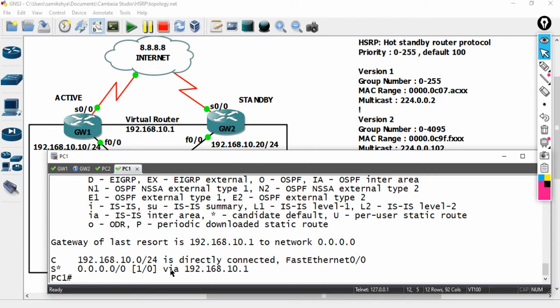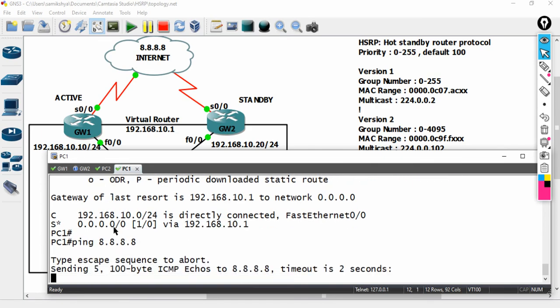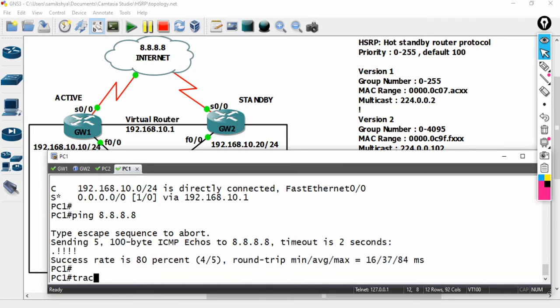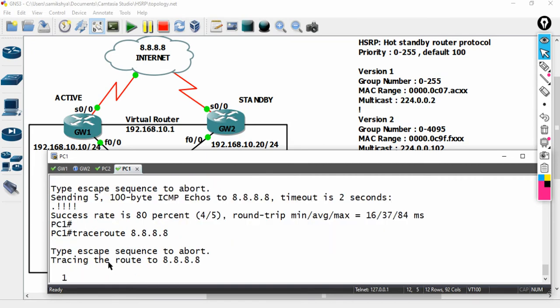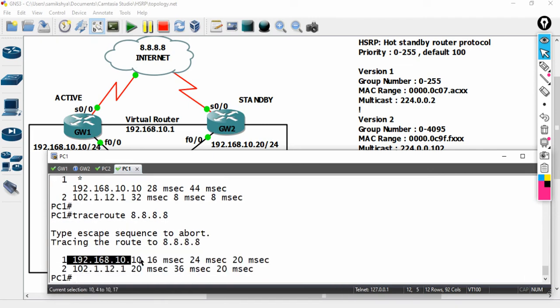You can also use the gateway as the default gateway address. So right now the gateway is 10.1, and it is able to make the communication. So right now 192.168.10.10 is working as the active router.